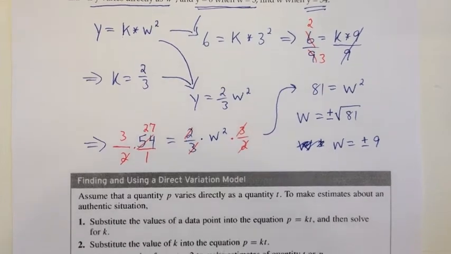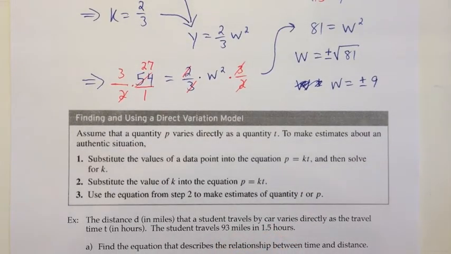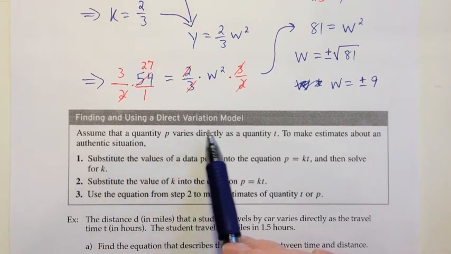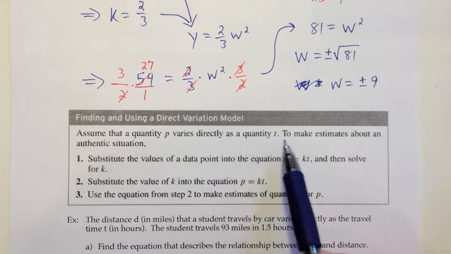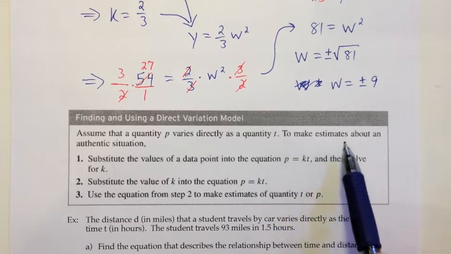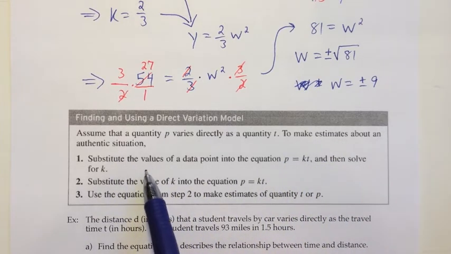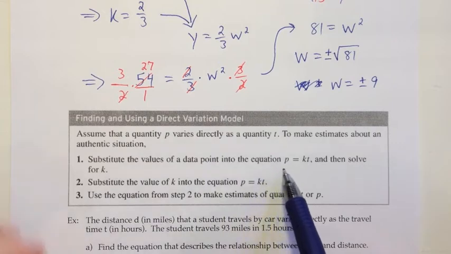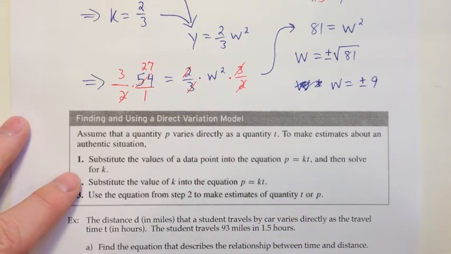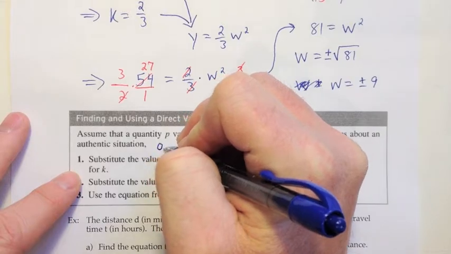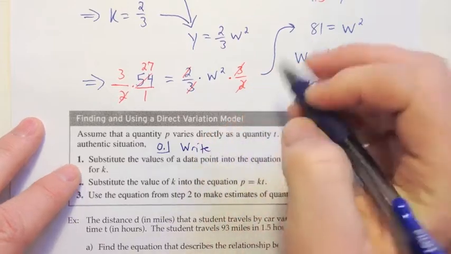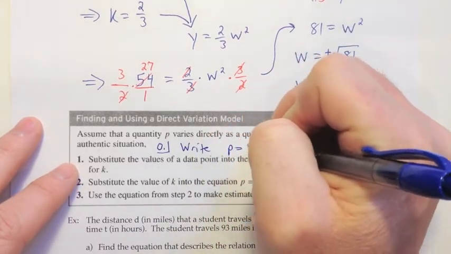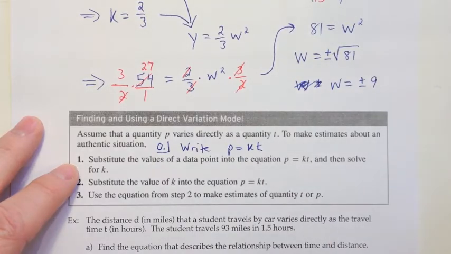Okay, so let's go ahead and look at a template for kind of the steps we would do when we're working on a variation problem. So these are the steps for finding and using a direct variation model. Assume that the quantity P varies directly as the quantity T, and we want to make estimates about an authentic situation. Then substitute the values of the point into the equation P equals K times T, and then solve for K. I think we could list a step 0 there, which is to write the equation